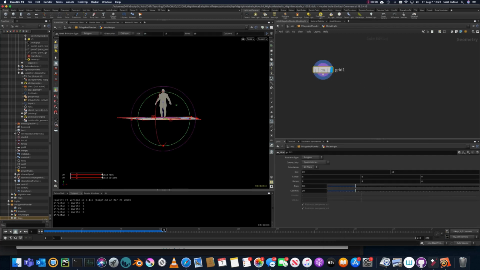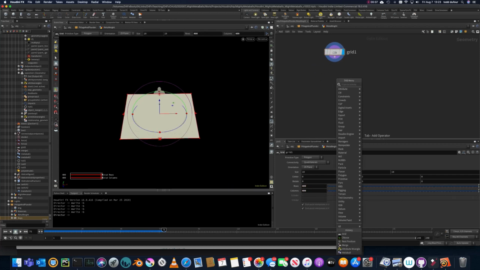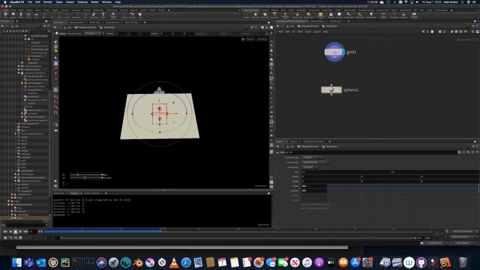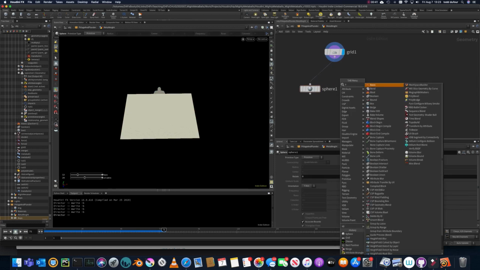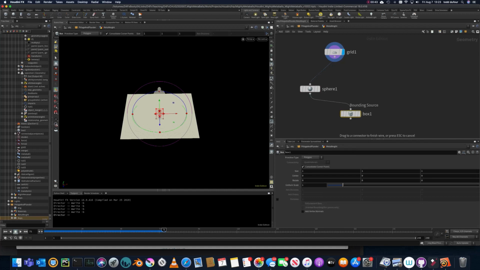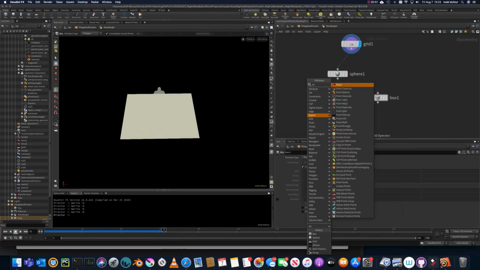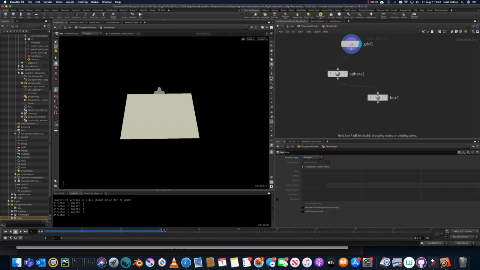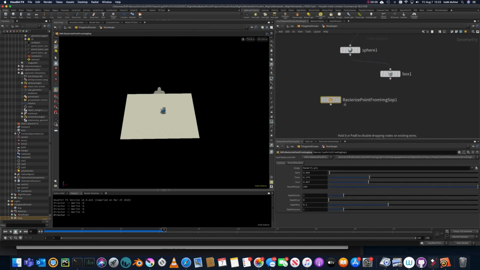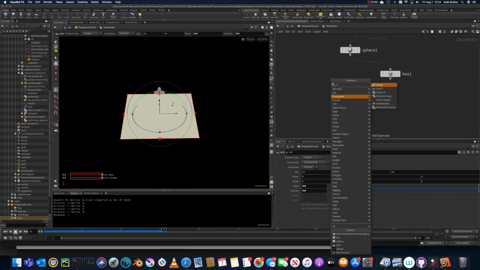First thing I'm going to do is lay down this and give ourselves quite a few points to play with. I'm going to put a sphere around this quickly, and then I'll put a box around that. I'm going to put a points from volume on these two. Oh, that's not what I wanted. Delete. Delete, tab, put a switch down,